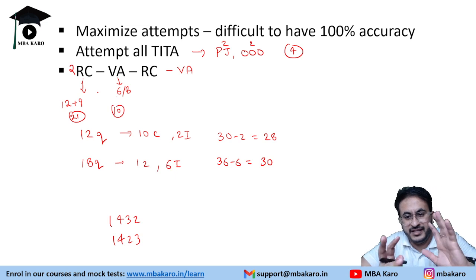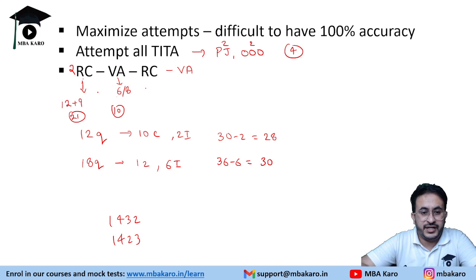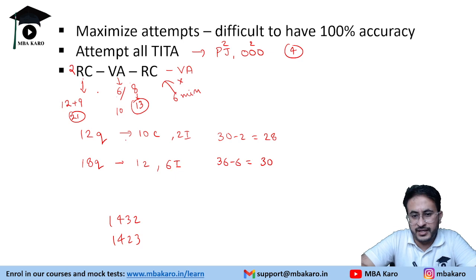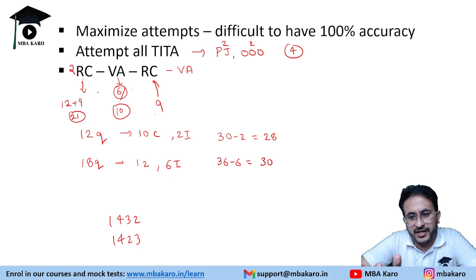So leave time such that you are not stuck in the middle of the passage. Let us say while attempting 8 questions, the 6 questions you were able to do took 10 minutes. If you were to attempt 8 questions, let us say it took 13 minutes. But if you make that choice of 13 minutes, you will be left with just 6 minutes, and in that you cannot complete the RC. But if you apply this approach, so let's say you did 6 questions of VA, now you are left with 9 minutes in which you can probably attempt that RC.